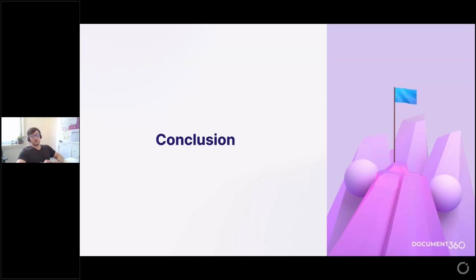Next, we discussed key metrics for measuring the impact of your documentation strategies. By focusing on user engagement, knowledge retention, and support ticket reduction, you can gain valuable insights that guide improvements and drive better user experience. So ultimately, the value of building software documentation with Document360 extends far beyond having simply